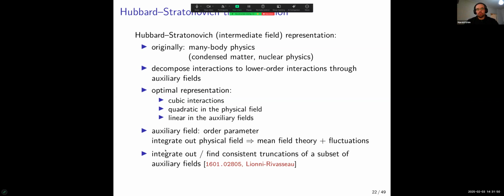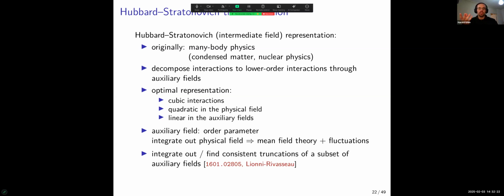The second thing you can try to do is to integrate out, or find a consistent truncation of, a subset of auxiliary fields, which was, for example, exemplified in this paper. Imagine you want to solve equations of motion. If you just work with a closed-string field and you want to expand in terms of the field, you will get an infinite number of fields and interactions, fields in the space-time sense. Now, if you have auxiliary fields, you can hope that if you set some of the auxiliary fields to 0 in a consistent way, you will reduce to a lower number of interactions,